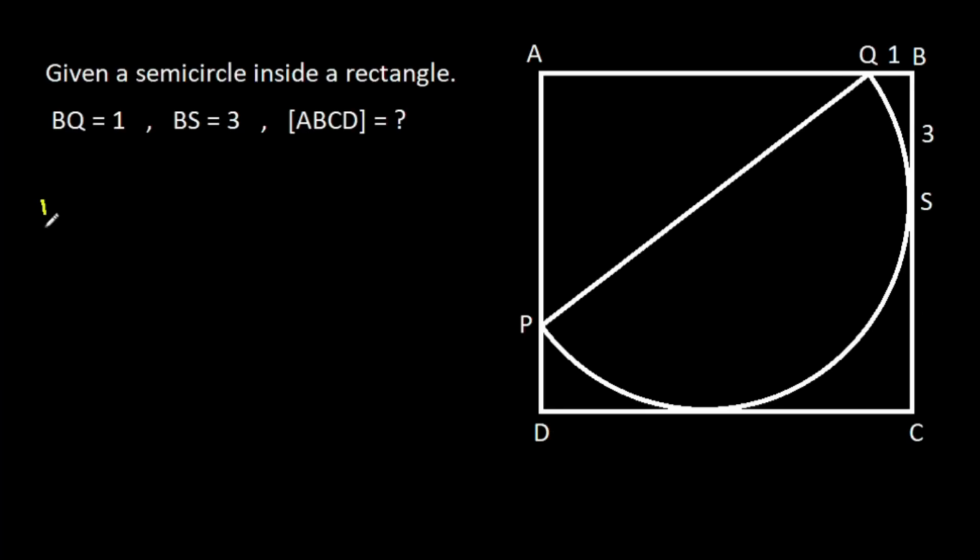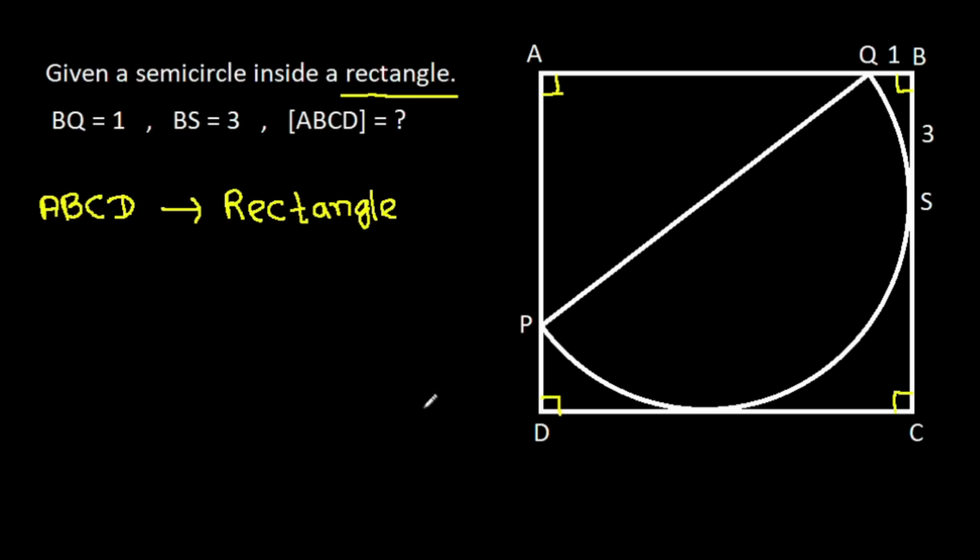So ABCD is a rectangle, that means these angles will be 90 degrees, and we have